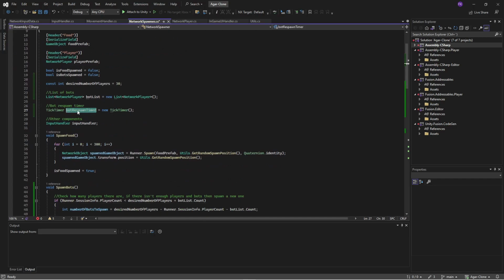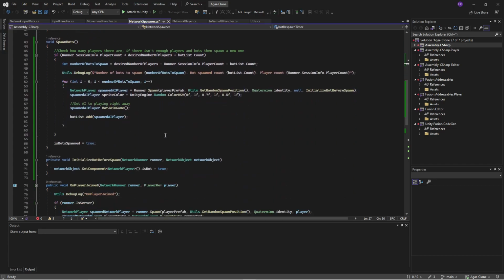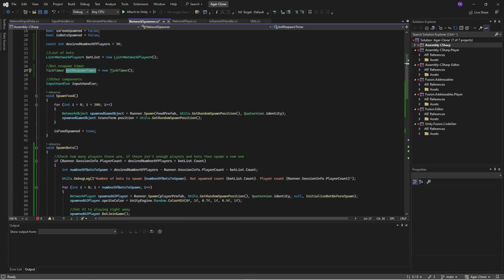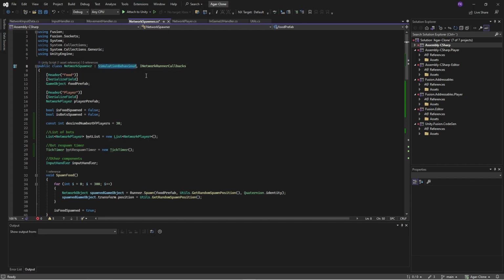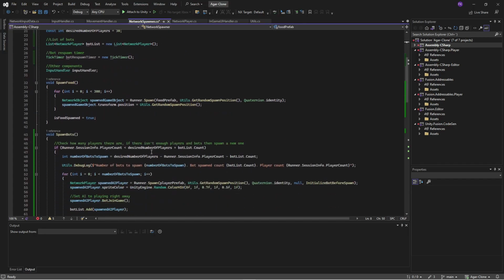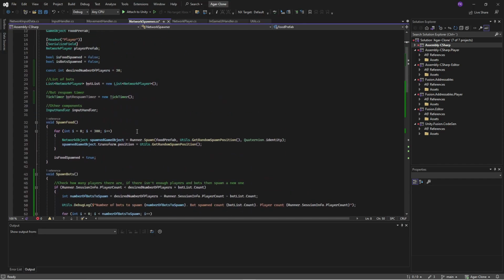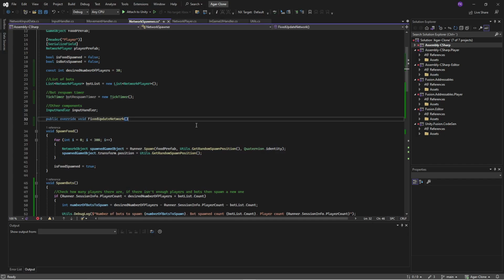We'll add a bot respawn timer, which is a tick timer, and this tick timer is going to be executed in our fixed network update. So we have simulation behavior, which means that we can also use our fixed network update. So let's add that here,